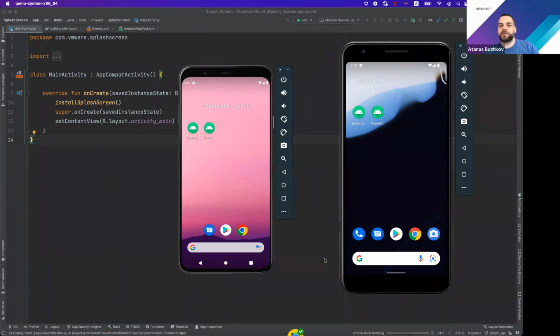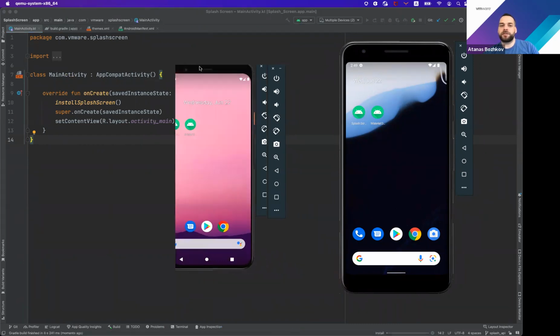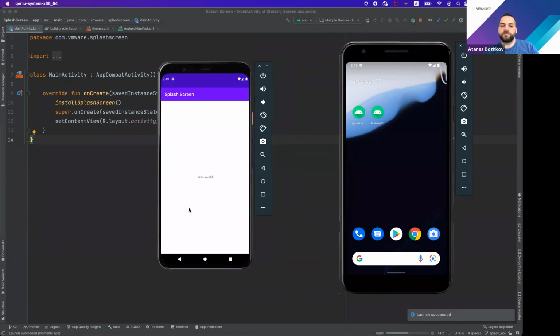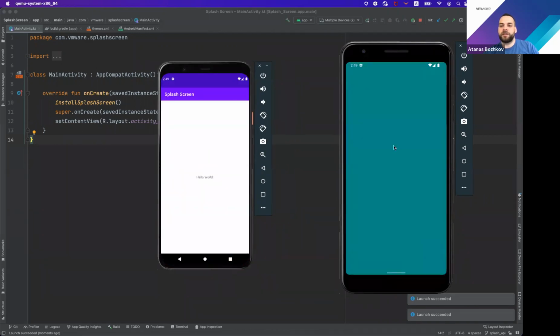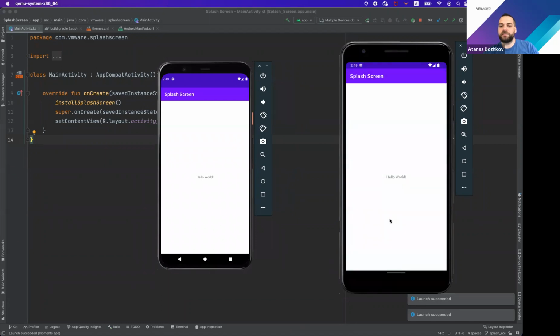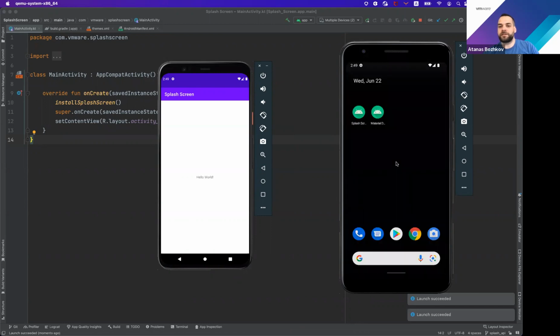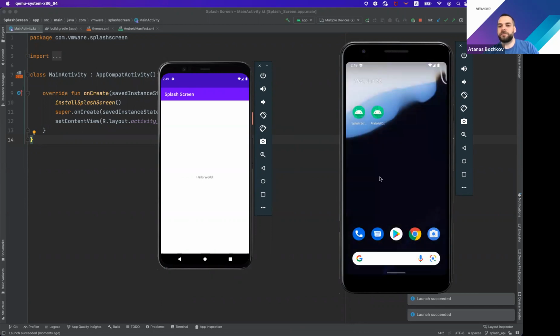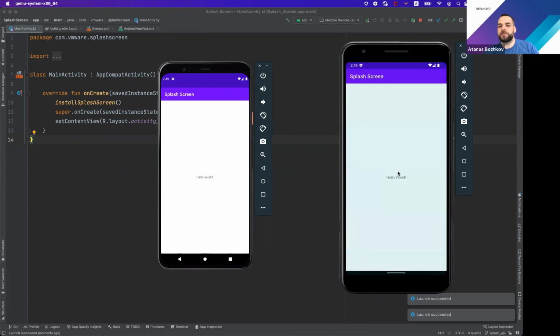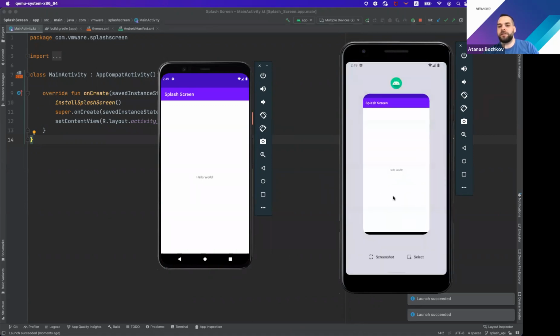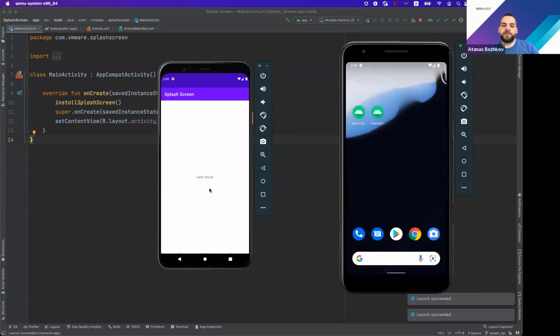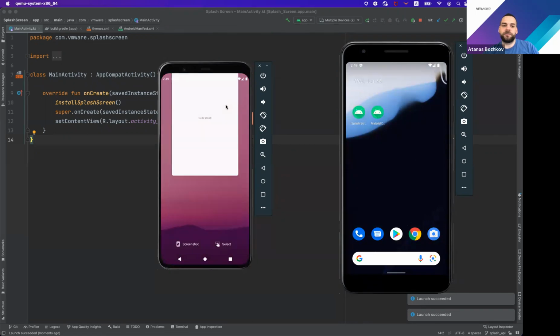even on older devices. So on the left emulator, we have Android 11. So you can see the splash screen here, and on the right side, it's Android 12. And just to notice here, when we start that from Android Studio, the icon is usually missing, but when we start again, then it is showing. Okay, so we have the basic splash screen, but